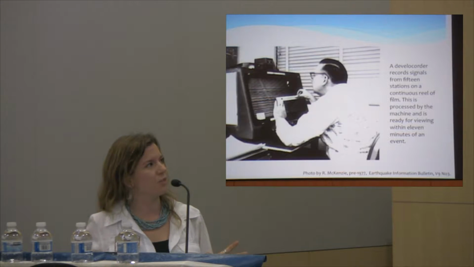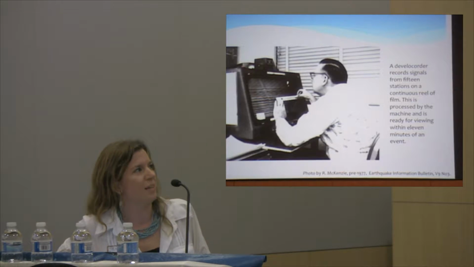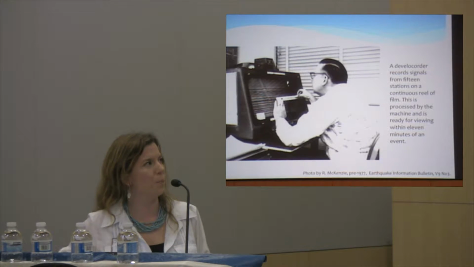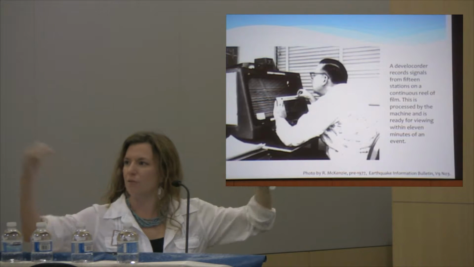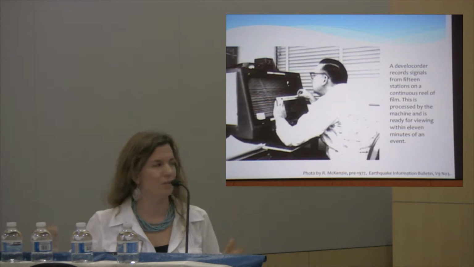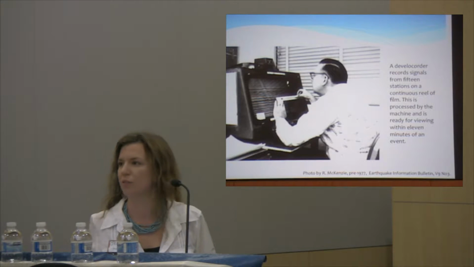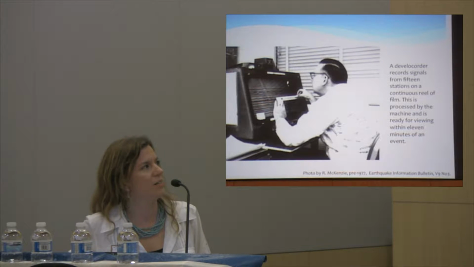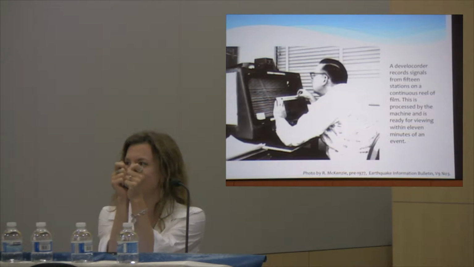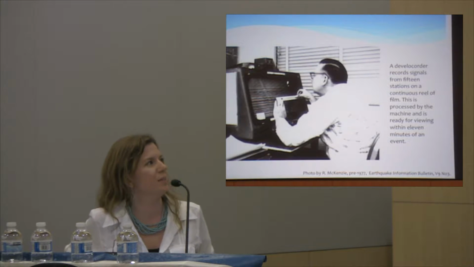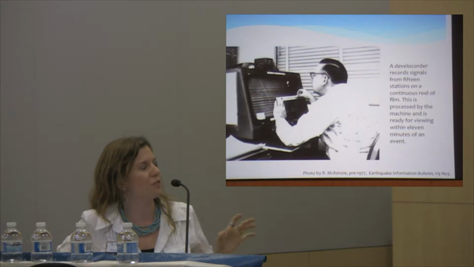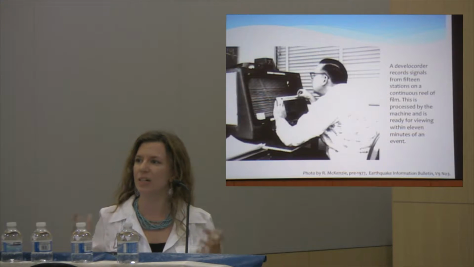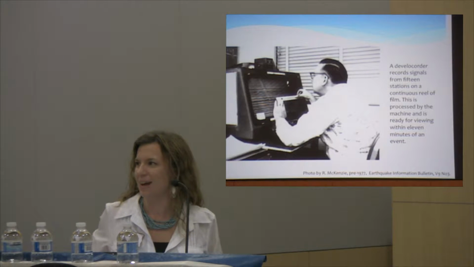Just for nostalgia reasons, I love this photo. This is a photograph of a man using a developorter, which inputs data from a whole host of different stations they're looking at at a particular time and puts it on a continuous reel of film. This is generally something like microfiche. And then you see that he's there with his ruler, actually measuring the peak-to-peak distance of different features in the seismogram, and probably also he had to measure the amplitude so that he can start doing his pen on paper analysis